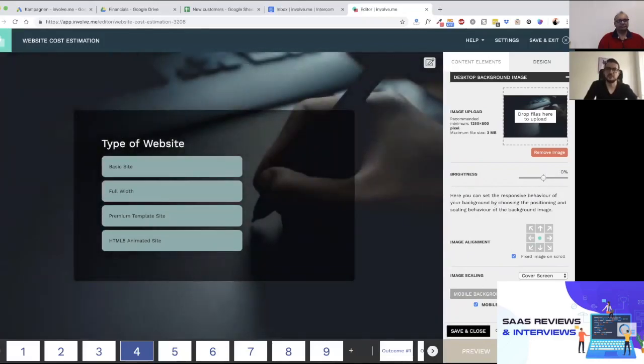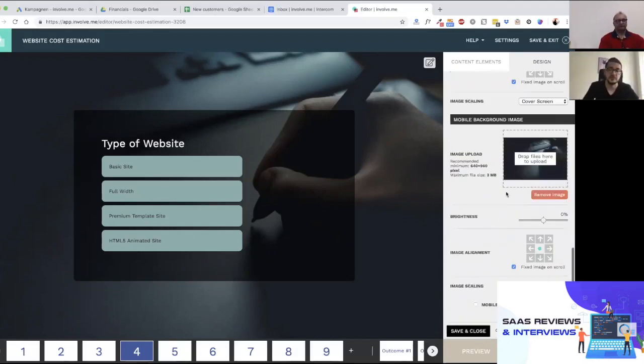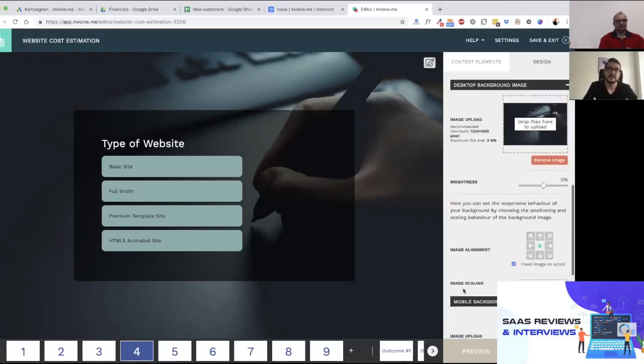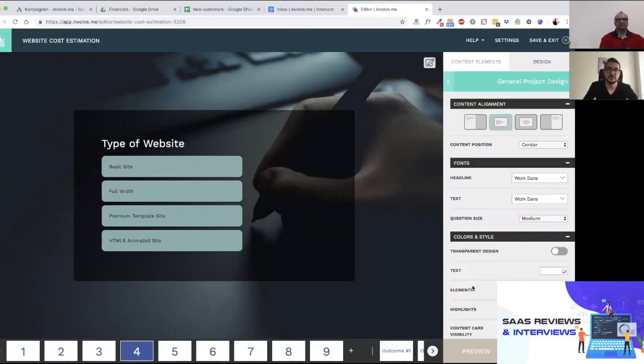You can even choose to have a different setting for mobile, because some pictures and combinations of backgrounds and content items work well on desktop, but on mobile you need something different. So you can do this here. Just check this box and have a different setup for mobile. And this is only scratching the surface, as I've said, because it's basically the